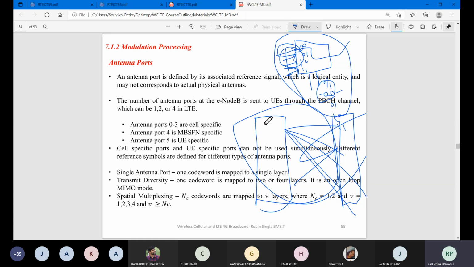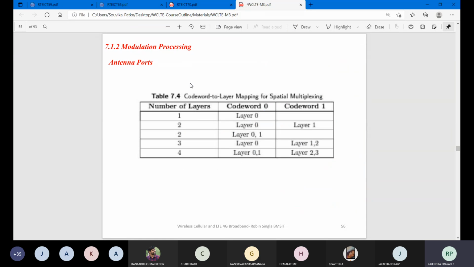There is nothing extra, but he is using the technical words like which ports are specific for what purpose, right? Like 0 to 3 for cell specific, 4 for MBSFN, and 5 for user specific. So these are the information which is present. So this is a general antenna ports table, with layer 0 which is going to support the things. It is again with respect to the physical layer and the data link layer which is being provided here, because from the network layer it is going to the channel. So which layer will support what?